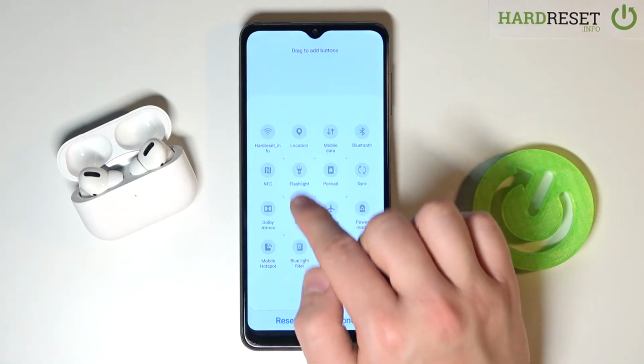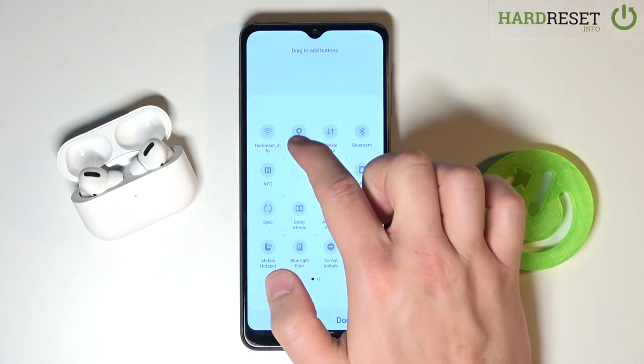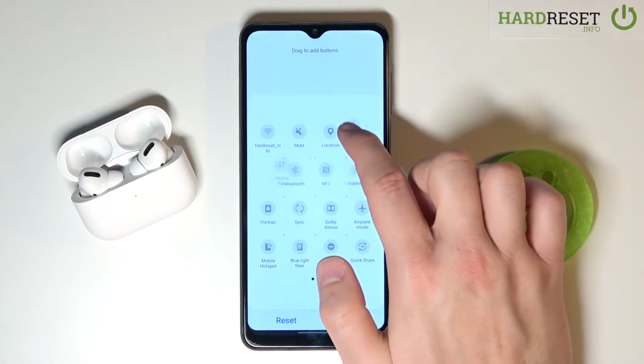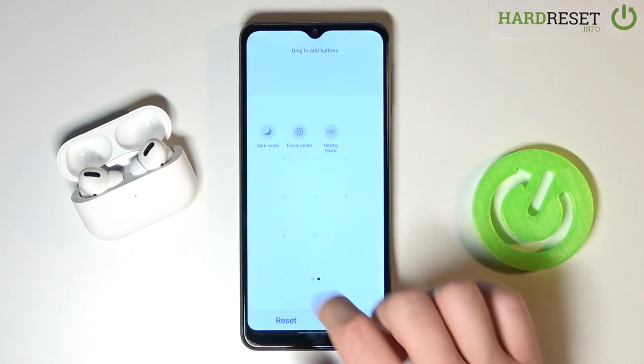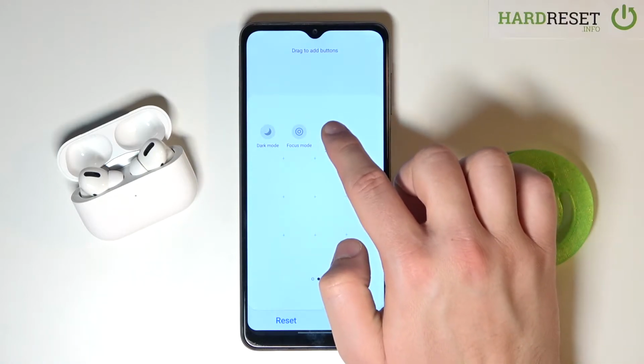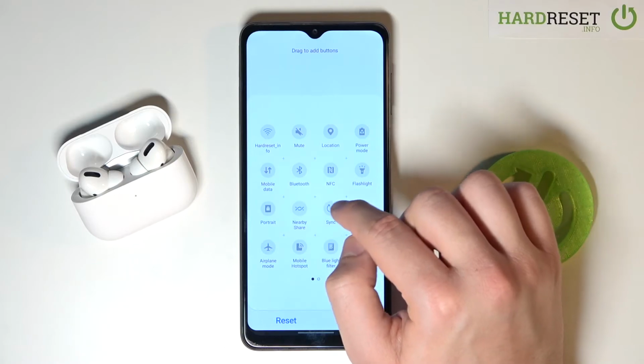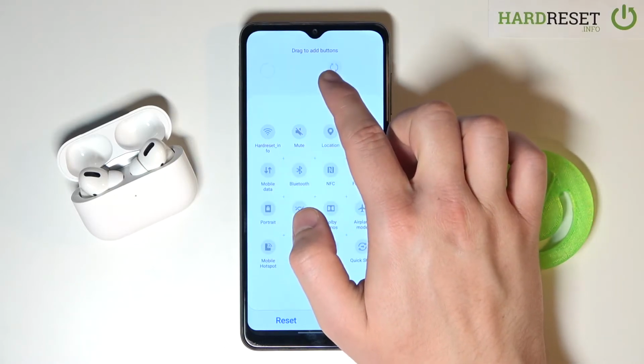And for example, if you want to get the mute on the upper section, you have to click, hold and then drag. The same for every icon that you have here. If you want to get additional icons from this side, click, hold and put it here. And when we make it something like that,